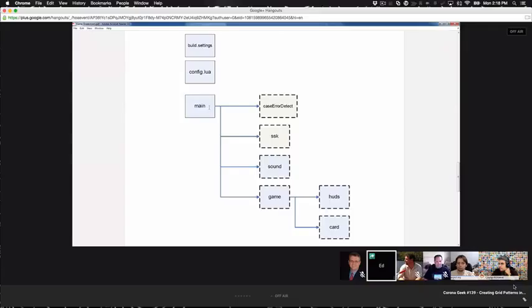Main.lua, if you're new, is the entry point for your app. It's the first bit of executable code associated with actually doing something with your app that will load. Config Lua actually is run first to set up your design space, and build